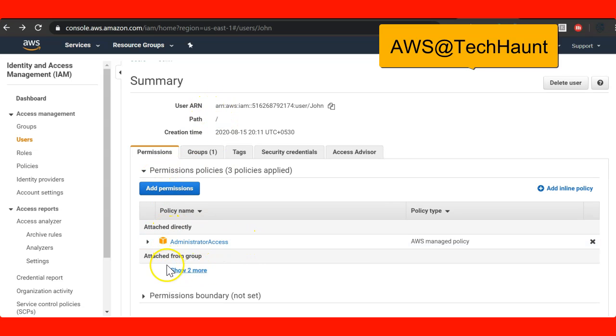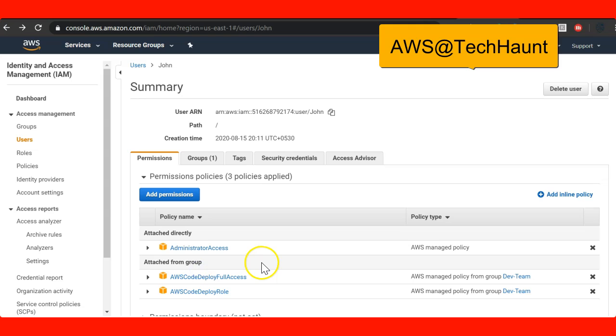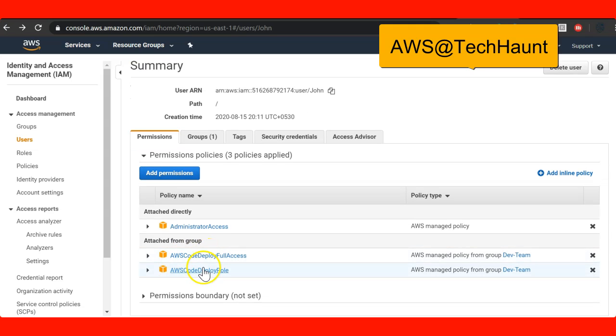However, we can see two more policies which are attached to our groups. Who are they? They are these policies, and one policy is attached directly to the user, and two policies to our groups. Okay, guys, so we have learned how to create users and groups, and attach policies directly to the groups and directly to your users. Okay, guys, and thank you.